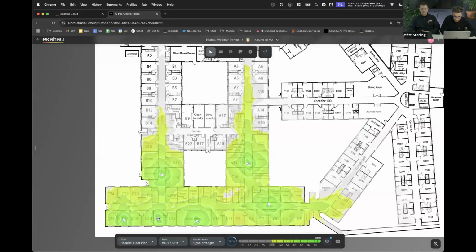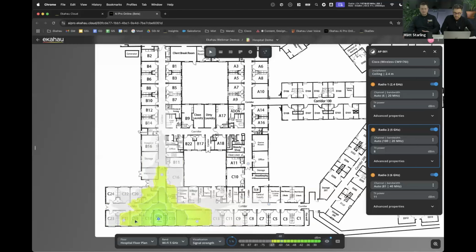So if I turn on this access point now instead, and then let's say again, we're in C19, I come out of the room, I walk down the corridor, but as I walk down the corridor now, you'll see that there's a nice degradation of the signal. So I go from having the good signal and it starts to go down, but there's never any kind of moment where it's like a crazy jump off of a cliff. And this means it gives the client device time to go and find another access point to roam and associate to. So all in all, that would be why I wouldn't want to place APs in corridors for my designs.